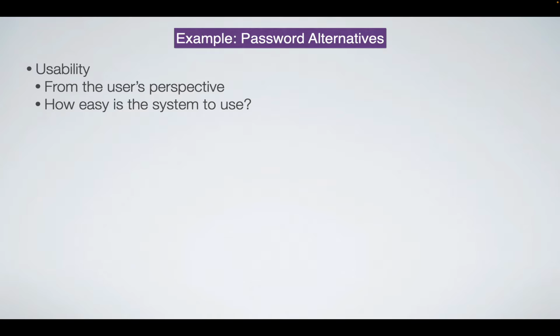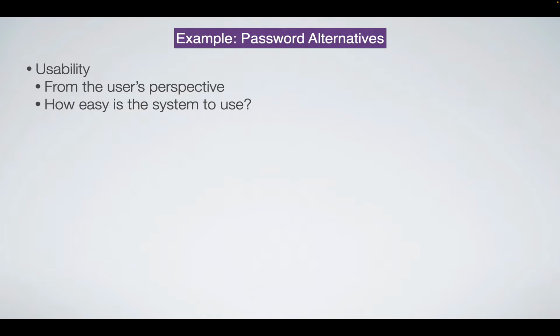The idea is that if you have a system that's not easy to use, users, A, won't use it. They'll make mistakes, which will slow them down or cost money. They may try to find ways to circumvent it, so they might try alternative ways. Instead of doing the secure way, they'll do an insecure way just because they don't have to do that authentication step. So these are all drawbacks to usability.